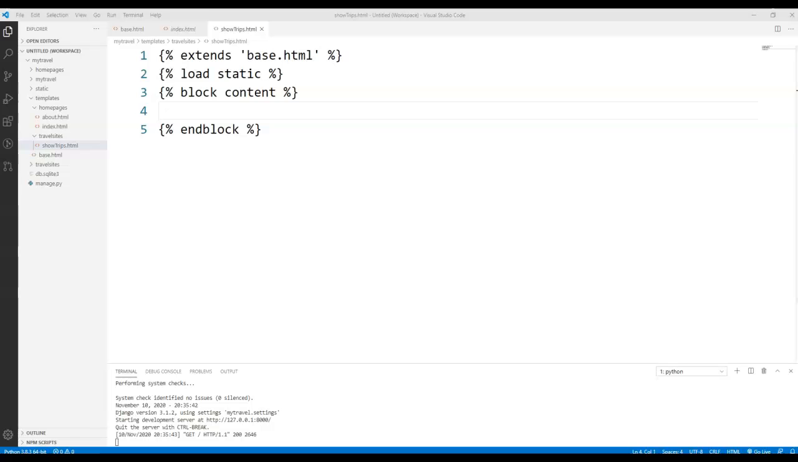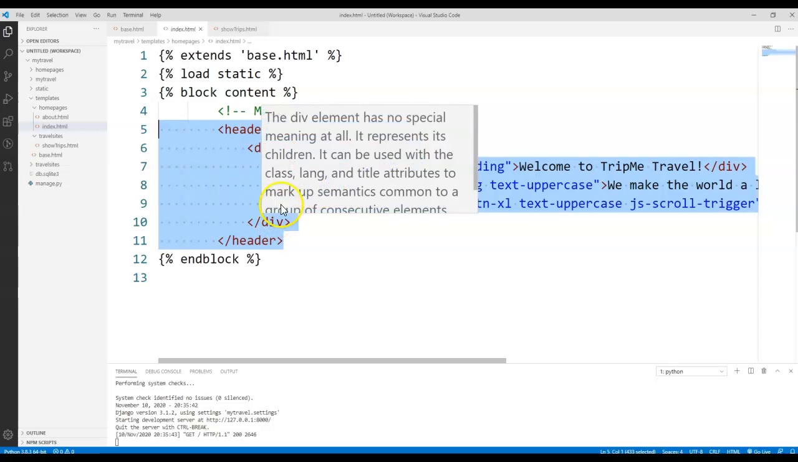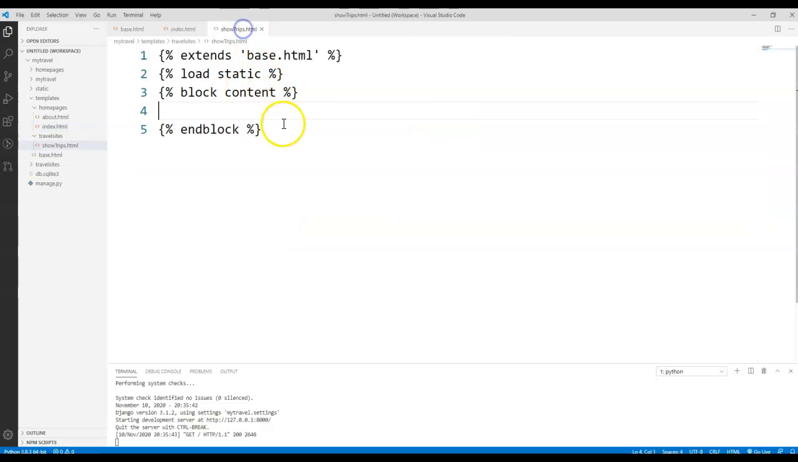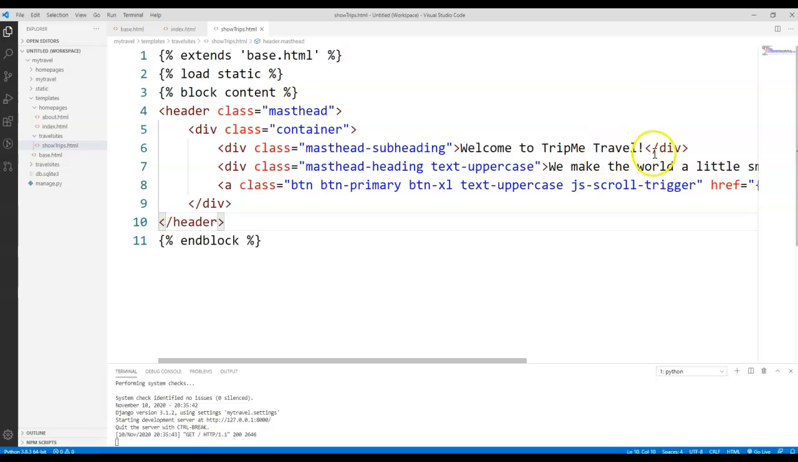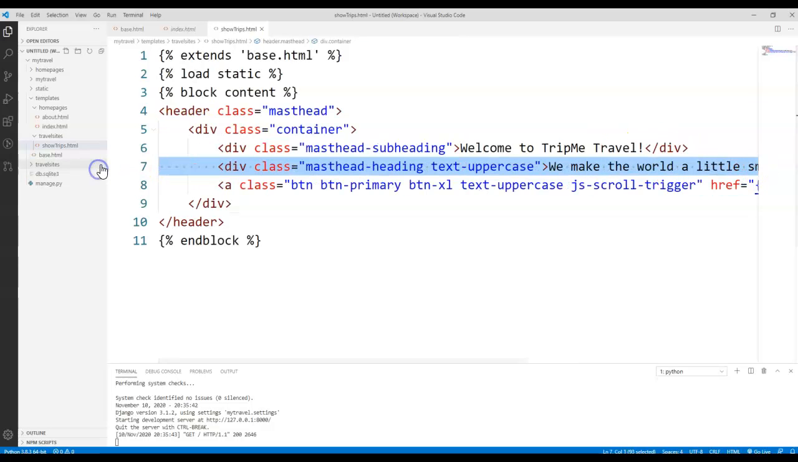So now we need to modify the show trips to have either a link or a button for Asia, Africa, Australia, Europe, North America, and South America. Sorry, Antarctica. Our company doesn't travel there. So what I want to do is jump back to index, copy this section, go back to trips, paste it in, and get rid of this div,